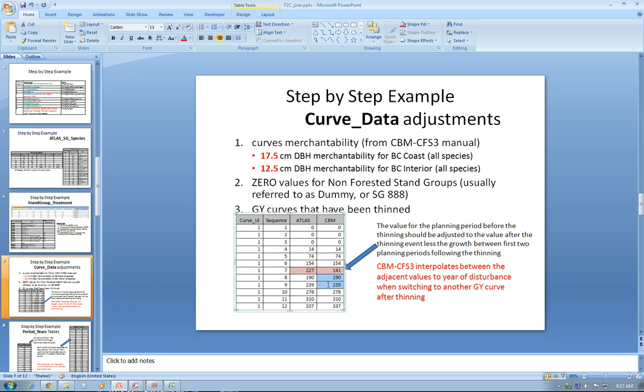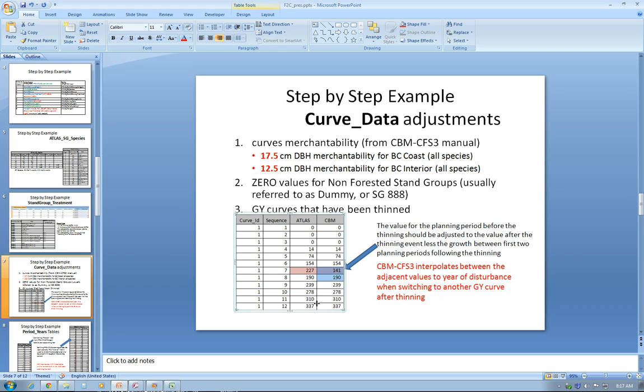So what I'm doing is extracting the growth between 190 and 239 and putting it in the previous decade from before thinning. As I said, the reason for that is to help CBM interpolate correctly between these two planning periods here,